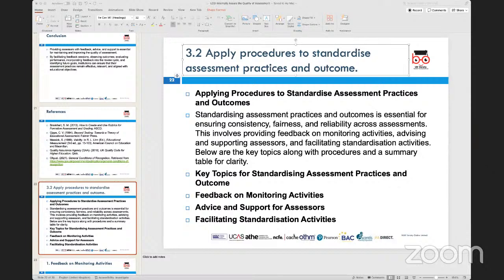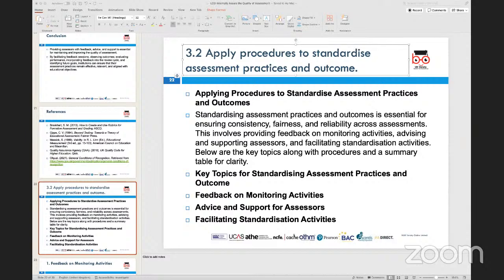So one such example that we look at very briefly is the example of ATHE and OTHM and Pearson and some of the assignment briefs that we create. You would generally see that in the assignment briefs, what tends to happen is that it is very clearly defined that what is to be looked at from a point of view of evidence gathering for that particular unit. Now, if I again show that to you very briefly on the screen, just to give you an idea, this is one of the first parts that you end up doing when we look at applying the process of standardization